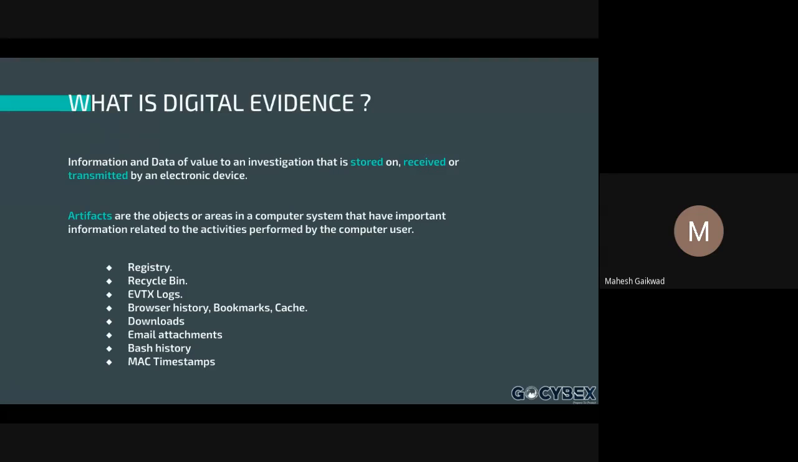Now, artifacts. For example, when a murderer kills a victim with a knife, what happens? There will be traces of blood on the knife, right? Just like that, the artifact in that scenario is the blood on the knife. Similarly, in the digital world, when an attacker uses malware to attack or exploit the system,